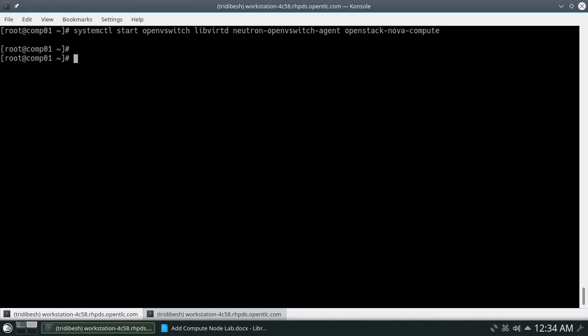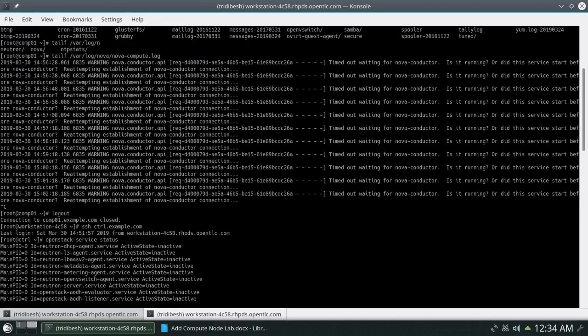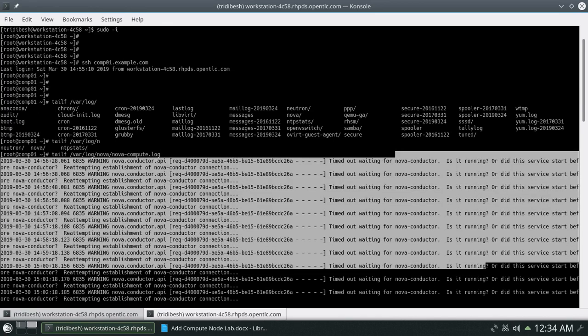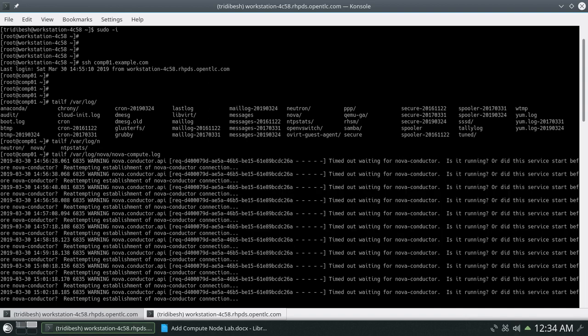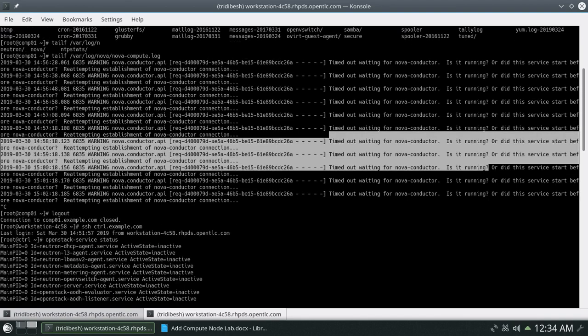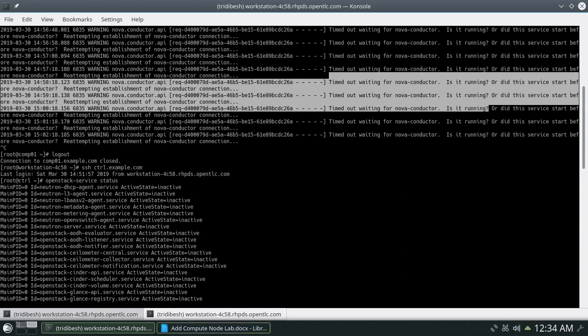So here, one thing: if you see the service is taking a long time, and if you want to check the logs, you go to your Nova logs in your compute node and check this log file, and you may see some timeout values, where some timeout happened. That's because, if you remember, we stopped the OpenStack service, and then we made changes to the IP tables, but we forgot to start the service. Because of that, when we tried to start the compute related services in our newly configured compute node, it was getting timeout values.